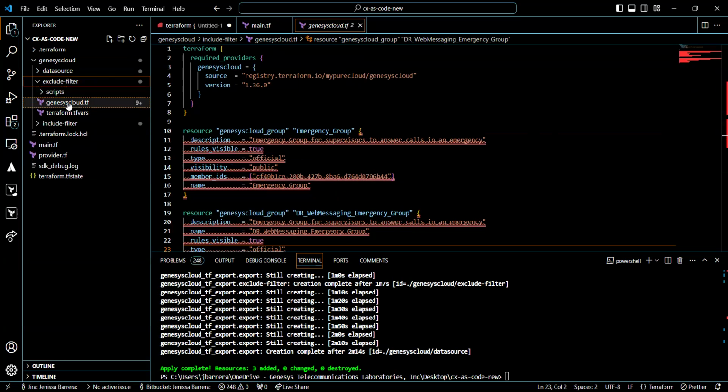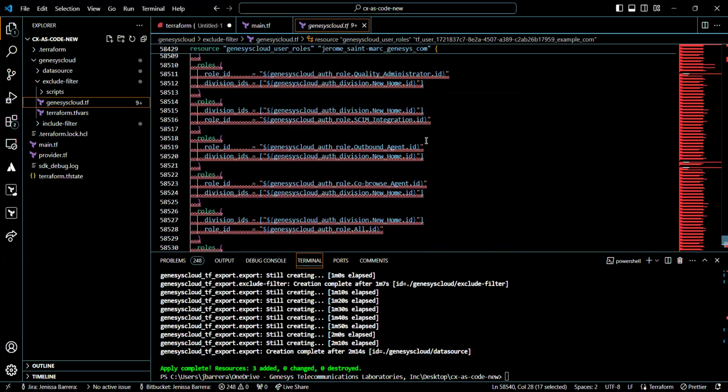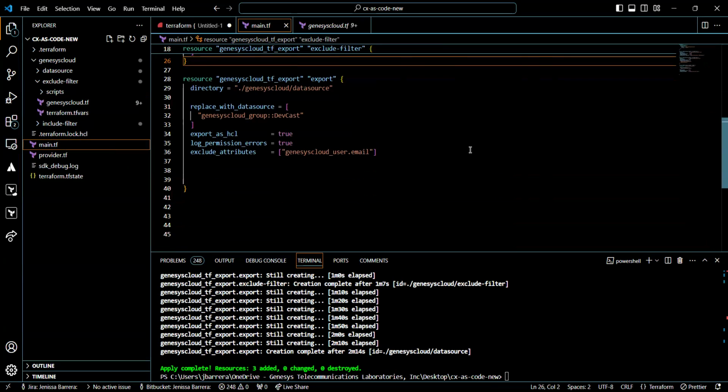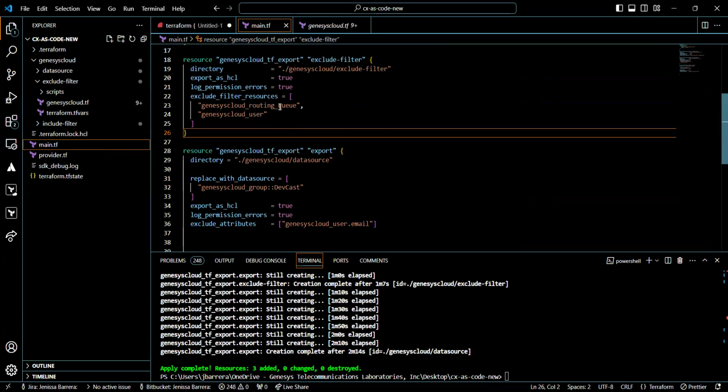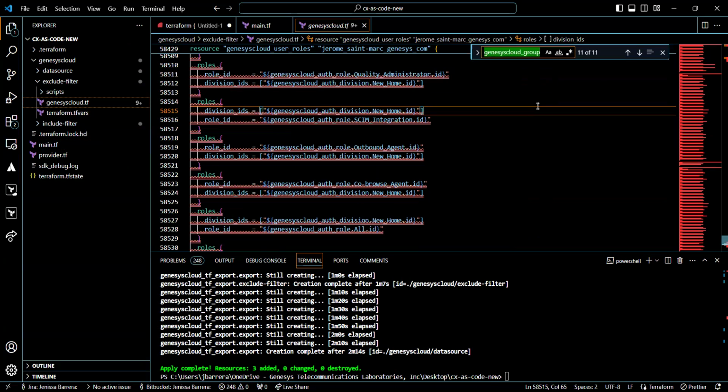And for exclude, this should include everything in the org except for routing queue and Genesis Cloud user. So let's check on that. Which filter?